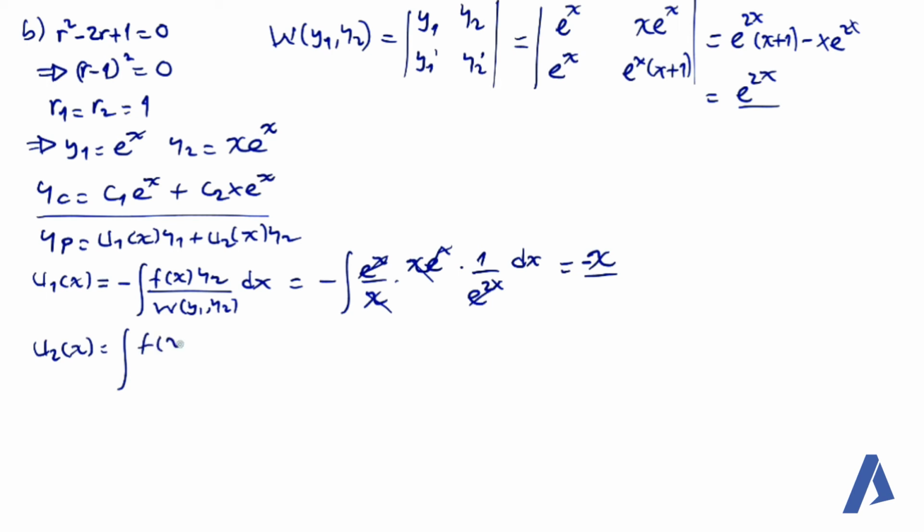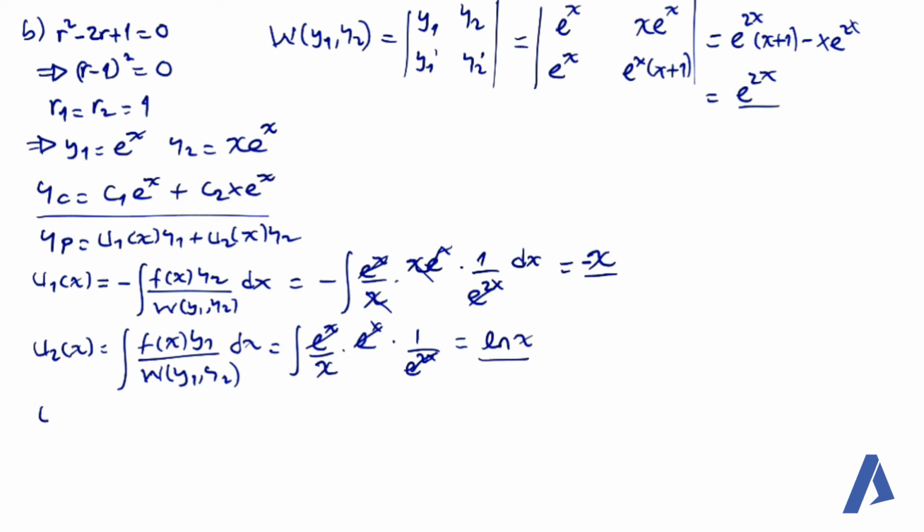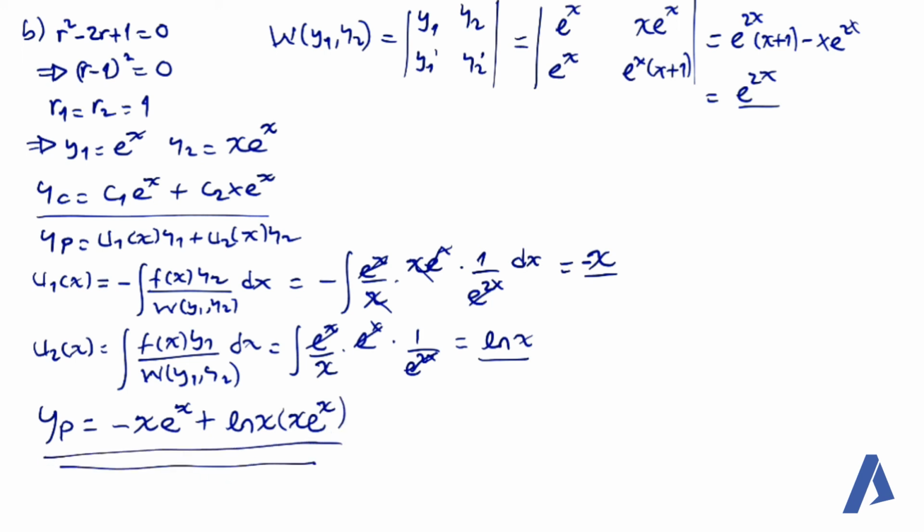It's the integral of f of x times y1 over the Wronskian of the complementary solution with respect to x, which is equal to the integral of e to the power of x over x multiplied by y1 ማለት e to the power of x ነው, divided by the Wronskian which is e to the power of 2x. ይሄኛው በዚህ ካንስል ያደርጋል። the integral of 1 over x is ln of x. ስለዚህ our particular solution እንደምናየው it's minus x times y1 is e to the power of x plus ln x multiplied by x e to the power of x. ስለዚህ ከዚህ ጀነራል ሶሉሽናችንን ፋይናሊ ማግኘት እንችላለን ማለት ነው።